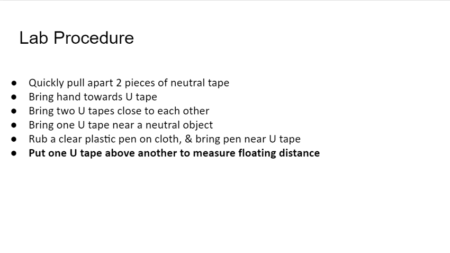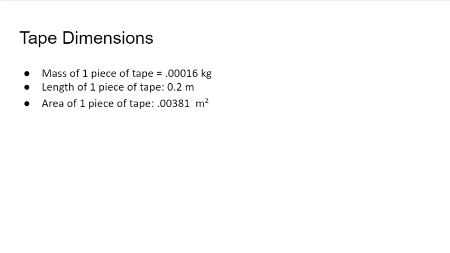So the lab procedure was the same as it was for lab 1, but the most important step was putting one U-tape above another to measure the floating distance. Some of the important tape dimensions that we found were that the mass was 0.0016 kilograms, the length was 0.2 meters, and the area was